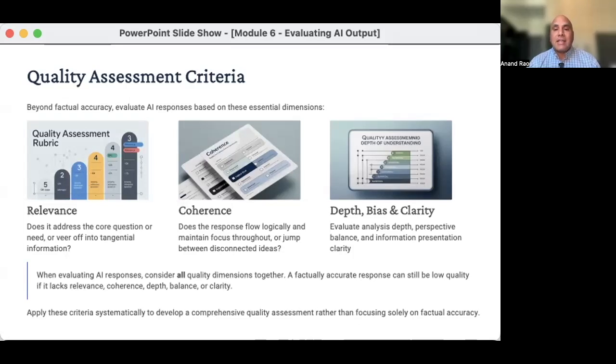Bias. Does the content show signs of inherent bias or one-sided perspective? And clarity. Is the information presented in an understandable way? These are all criteria that should be considered when you're evaluating any output coming out, and it's very similar to what you would learn about evaluating sources before AI. It's just always important to critically evaluate whatever content that you're working with.